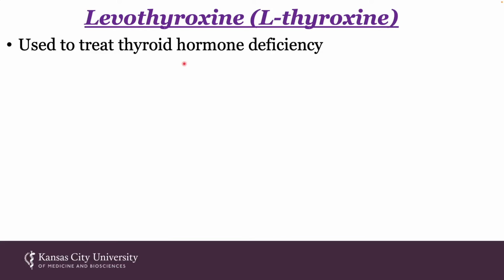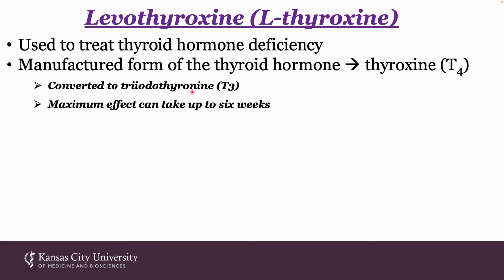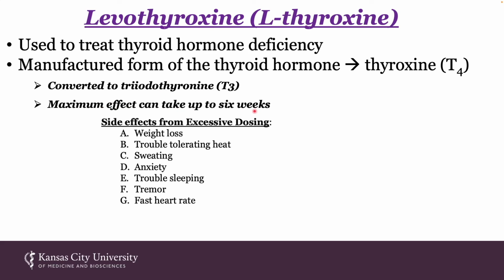Among the thyroid agents, I'm going to focus on levothyroxine, also called L-thyroxine. This drug is used to treat thyroid hormone deficiency. It is the manufactured form of the thyroid hormone, comes in the form of thyroxine, T4. As we talked about previously, T4 is converted to T3 or triiodothyronine. The maximum effect of this drug can take up to 6 weeks, and there are numerous side effects from